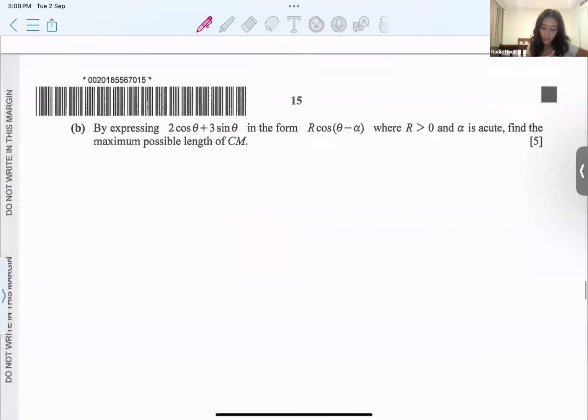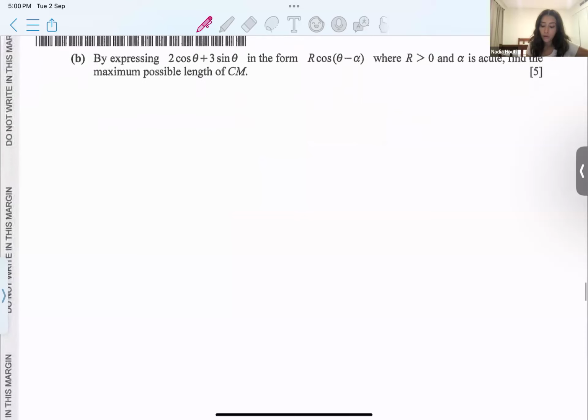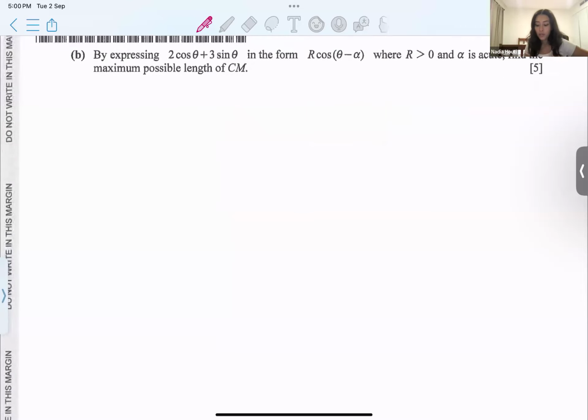Let's take a look at part B. By expressing 2 cosine theta plus 3 sine theta in the form R cosine theta minus alpha, find the maximum possible length of CM. So here we have to use the R formula. For the R formula, you need to know how to find R and how to find alpha. So R in this case